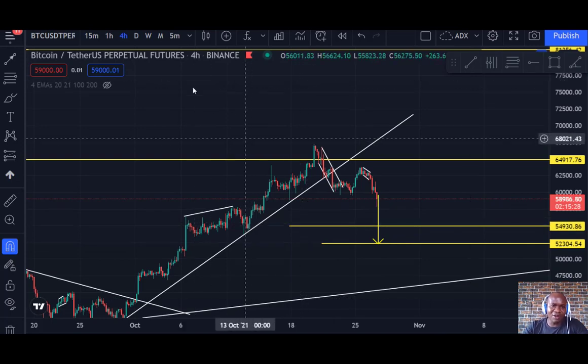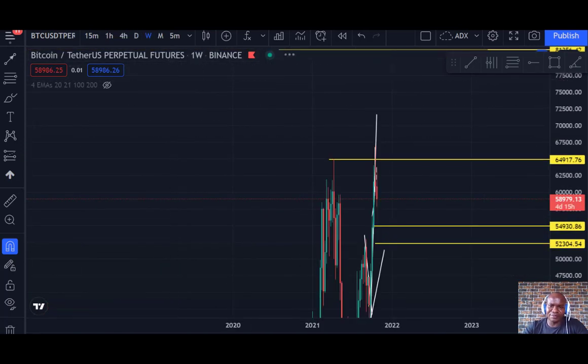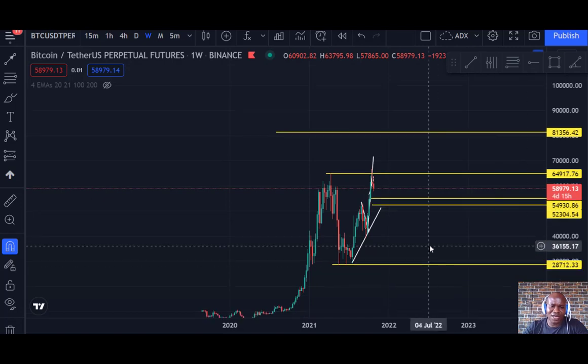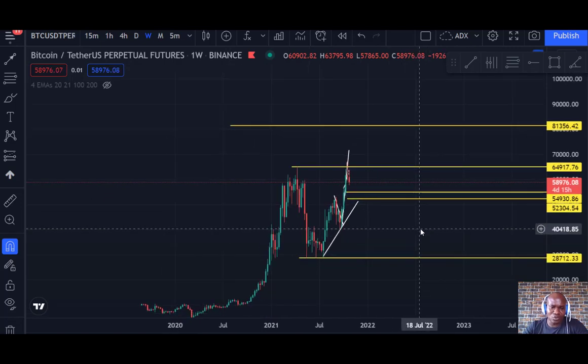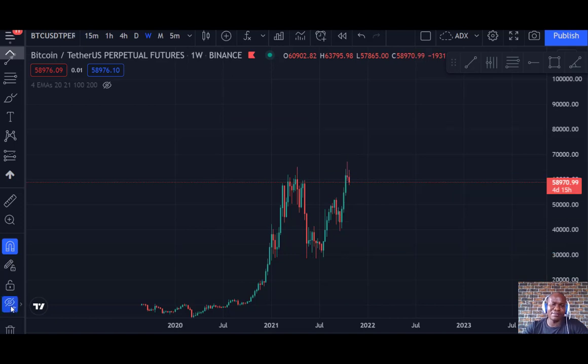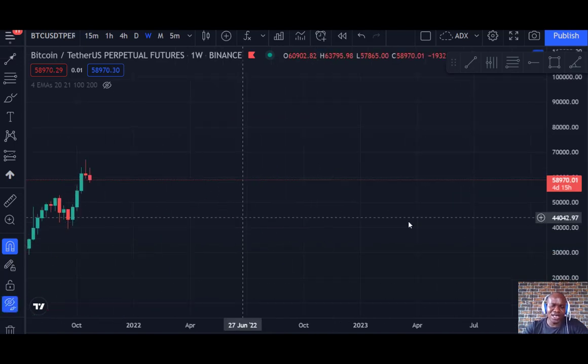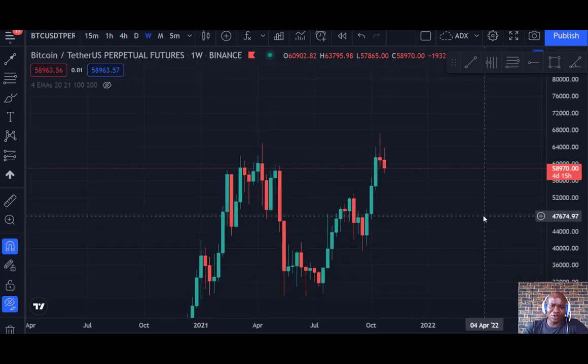Now the third scenario we're looking at is to go to the bigger time frame. Anytime you want to make good money from any market instrument, always look at the higher time frame and check what the market is doing. Now take a look at this, guys. If there's one thing you should take away from this video, we pay attention to price action, what the market is doing, more especially big candle formations in the monthly and weekly chart. This is where we pay attention, guys.